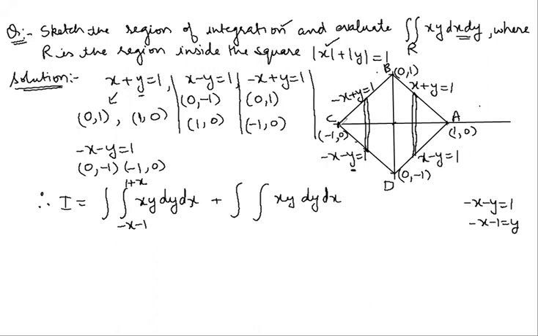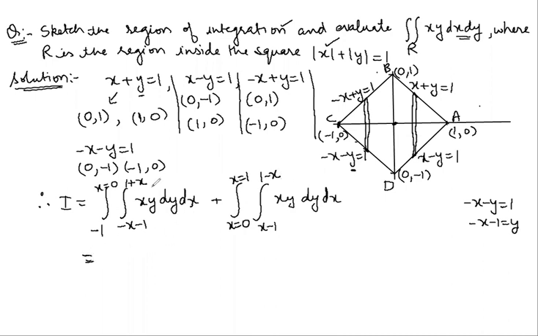We started placing the strip at x equals -1, and we stopped it at x equals 0. In the same way, it starts from x equals 0 to x equals 1, and the lower edge of the strip is at this line. So this line is x minus 1 and the upper edge is at line AB.